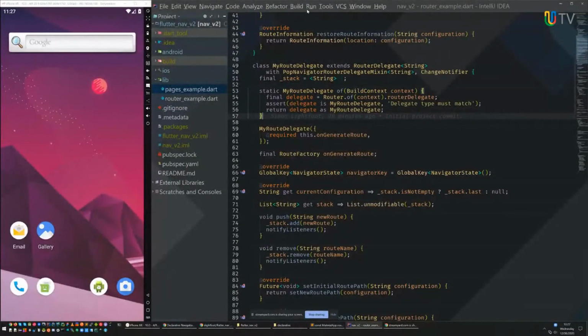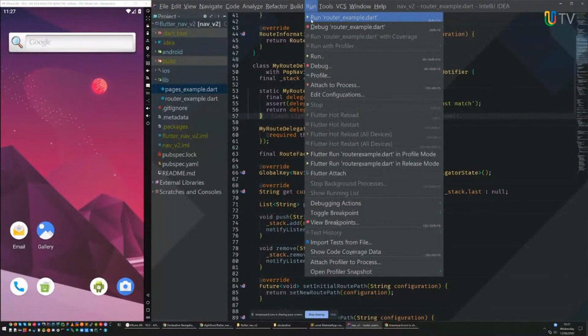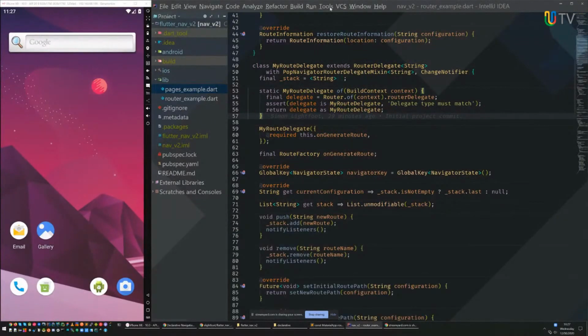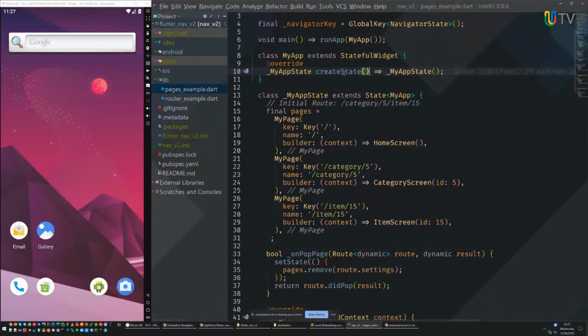So I've put myself in presentation mode here, so this is going to take us a second to work through. I do not want to run the router. I see what I'll do. I'll walk you through the pages example first, right? Hopefully that's big enough for everyone.